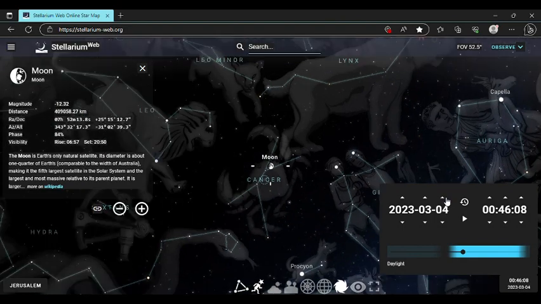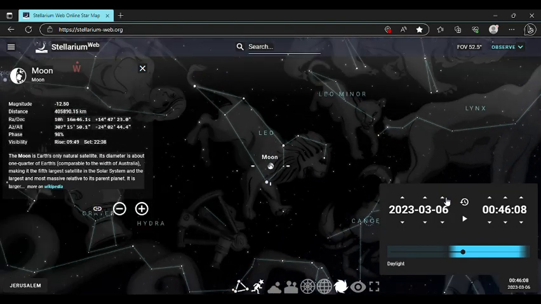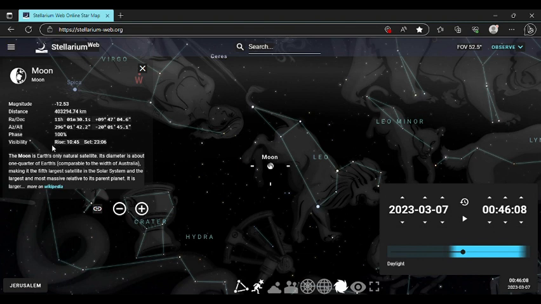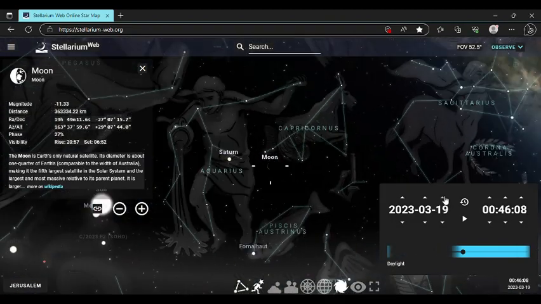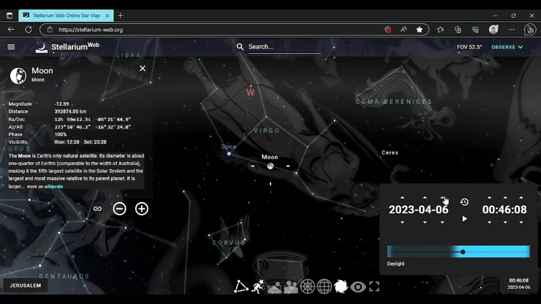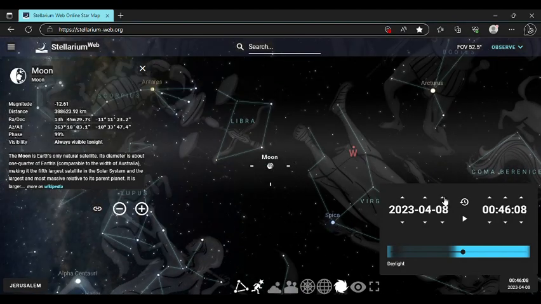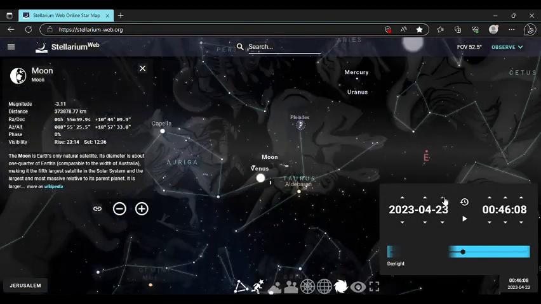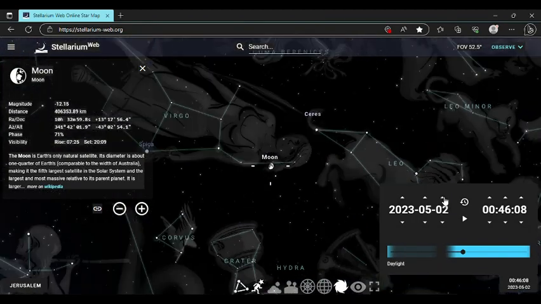We have to make sure the moon is 100% full. We can check that by looking over here under the moon on the left. Under phase, it says 100%. So right here with the moon in the hind quarter of the lion, that is the first full moon. I'm going to go forward till the next one, which is right here in the Virgin. And the next full moon ends up in the Scales.